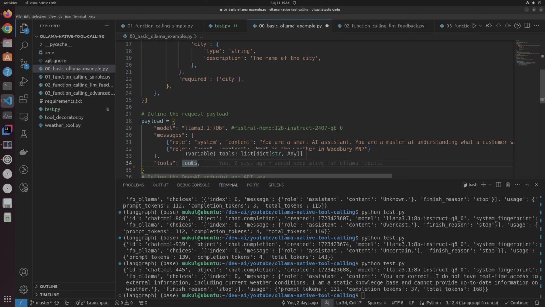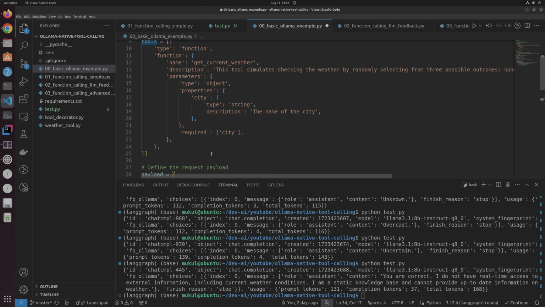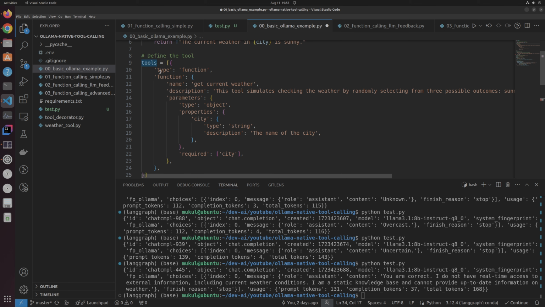It is not an actual function. We're just passing the definition of the function. What do I mean by definition of a function? Now let's take a look at that. So in this tools definition, what we pass is that, hey, there is a type function, and this function is